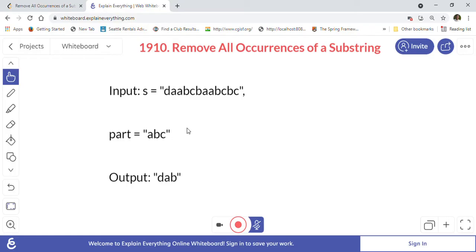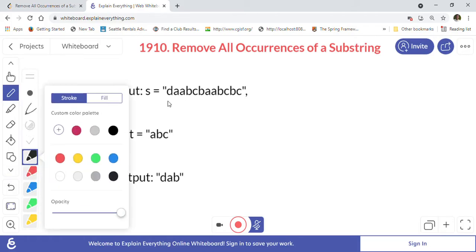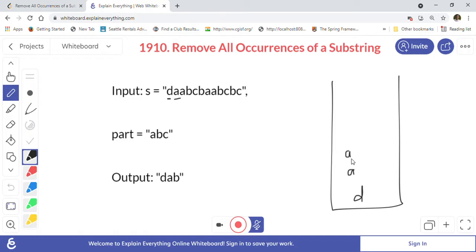In the beginning I was thinking to solve this problem with the help of a stack, where whenever we get a character, we just put it on the stack. For example, we get D, then we put it on the stack. Then we get A, and we keep putting characters.